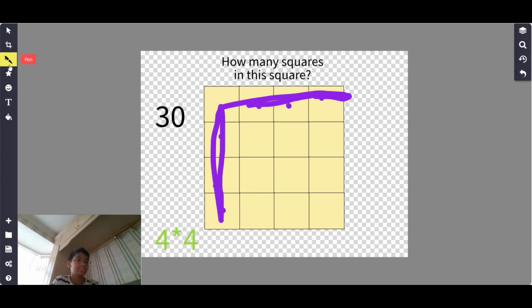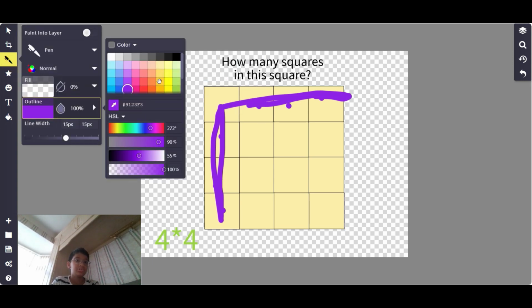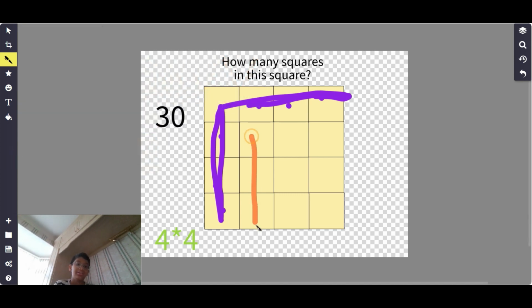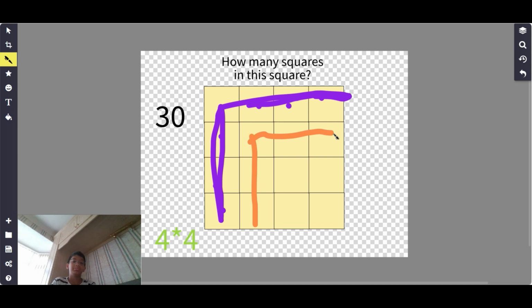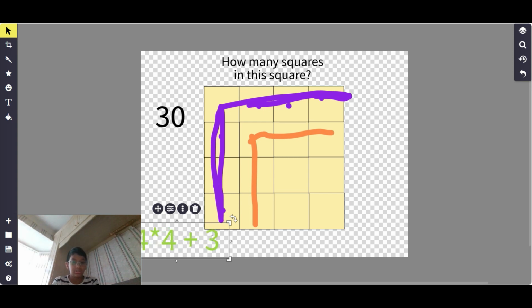The next step is this gets smaller, because then you have a 3 by 3, which means you have another 3 by 3. See this pattern: 4 times 4, then plus 3 times 3. As you see, it's 3 times 3 now. And after that,